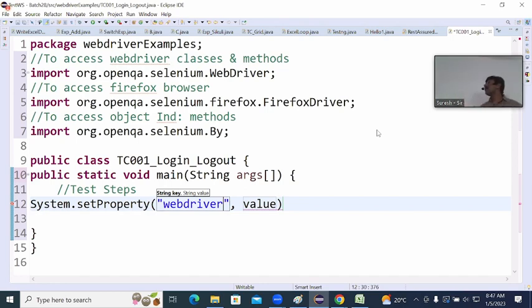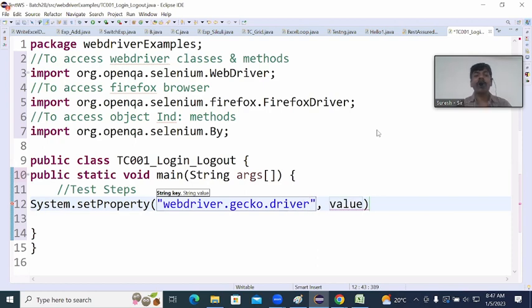That driver depends on the browser. For now, I'm taking Firefox. Because of that, I'm taking